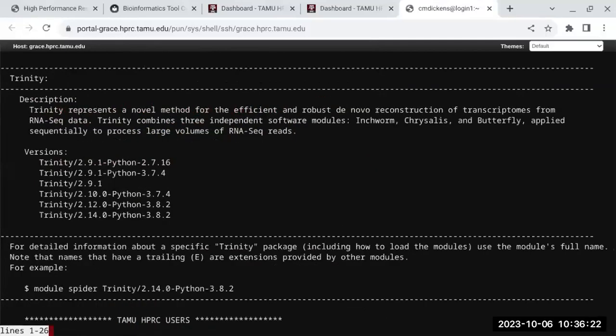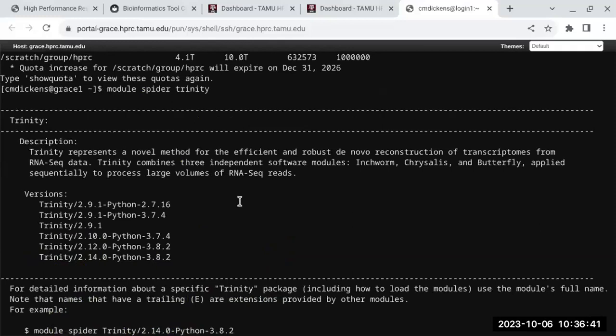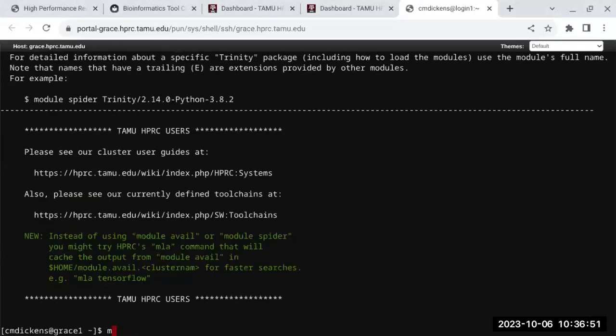Module spider Trinity. So you can see we've got several versions here. And if you look at the bottom left corner, it says lines 1 through 26. If I hit spacebar, I can see more, and it finished. Sometimes you've got a lot of output, and then you can scroll back up and see what versions. When you want to load this version, just copy and paste it instead of trying to type in all the dots and dashes. You can search for keywords,